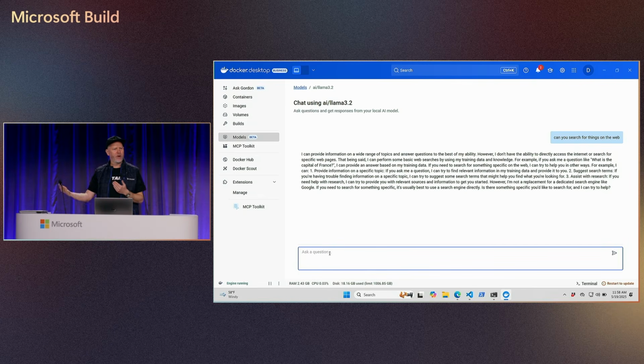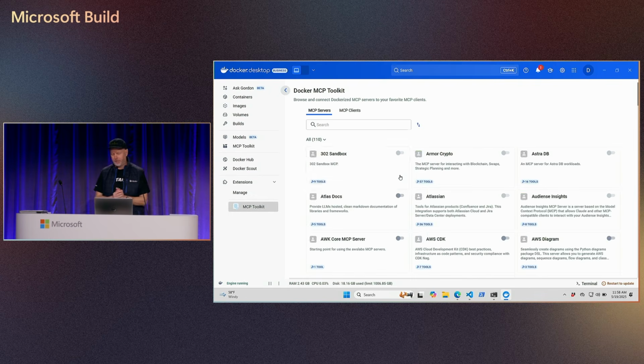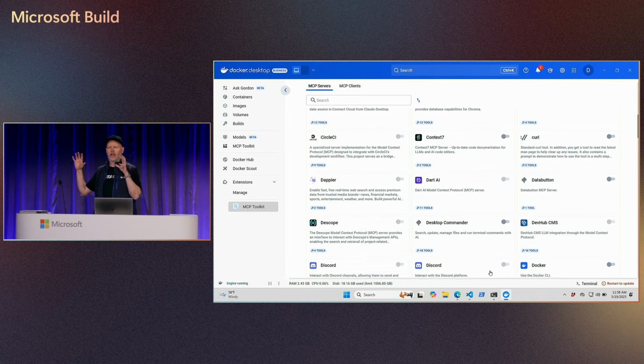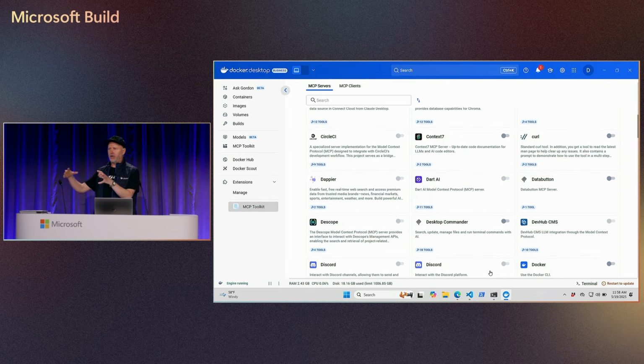Well, in order to start to move our way from models to being able to actually build agents, we need to start bringing in tools. And as you saw in the keynote this morning, MCP is a way that we can start to pull in tools. So the other thing that you'll see in Docker Desktop is the MCP model toolkit. And we are also here making the connection between an MCP server and a Docker image or a Docker container.